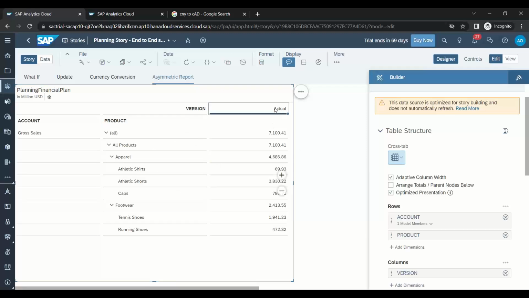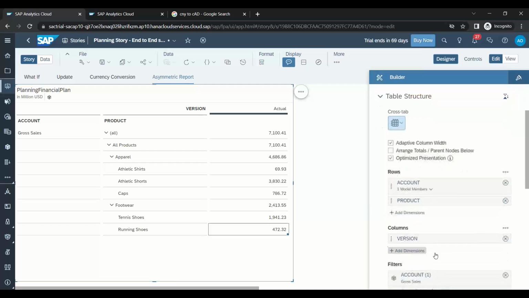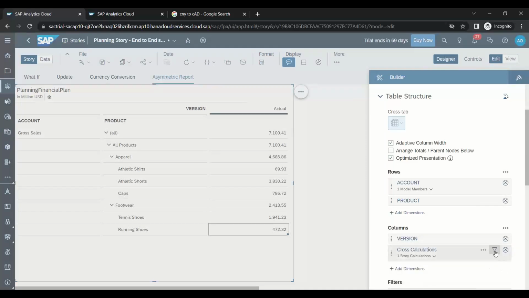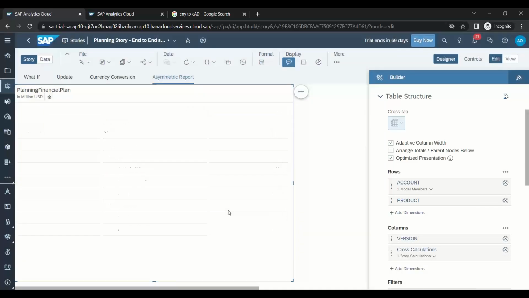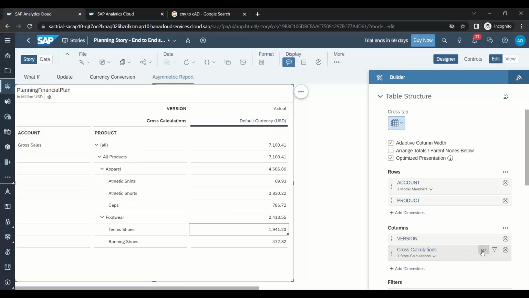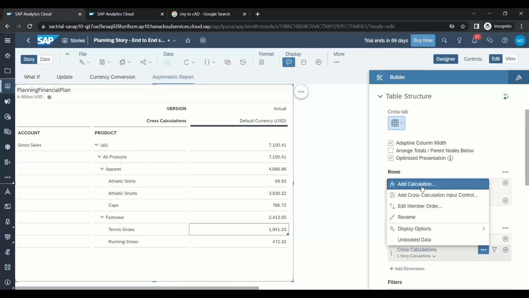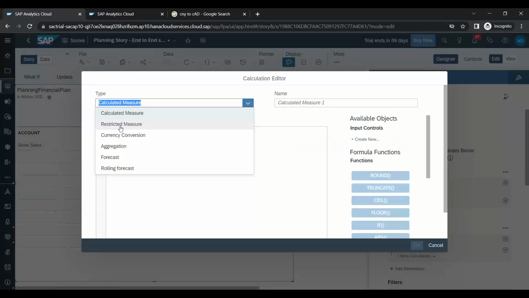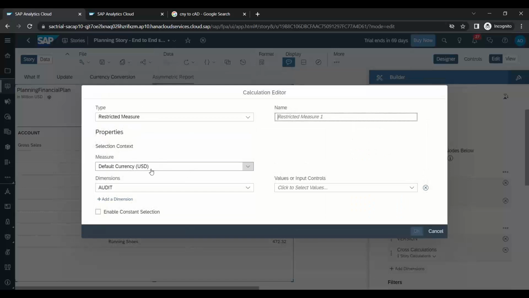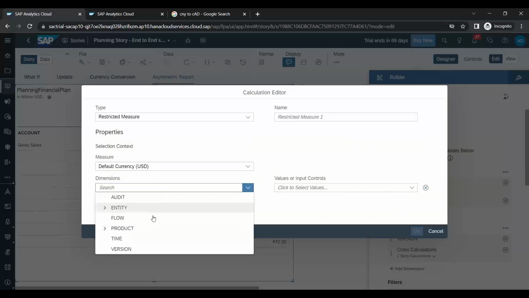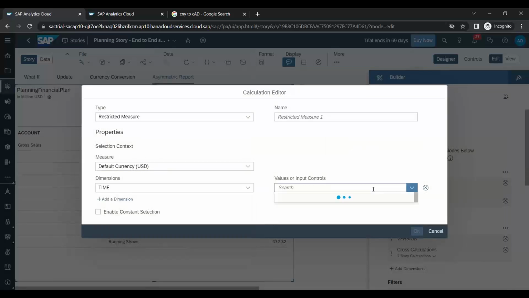Now, currently you see the data for only actuals. So I want to add a cross calculation to show Q2 2020 gross sales for each product. So I will come down to columns and add a new cross calculation. And we will just go to the table first, click table, come back, and now we will add a new cross calculation. We want to add a restricted measure for US dollar currency where the time is equals to,